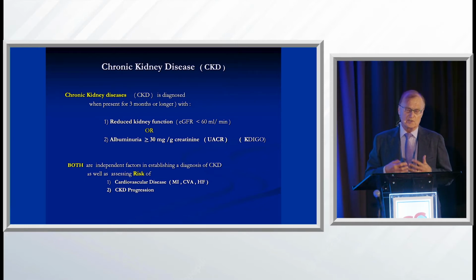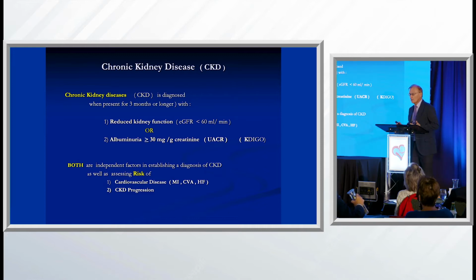Hospital eGFRs are incorrect very often because you're sick, you're not eating, you're not drinking, and you may have fever and other issues lowering your pressure. So ideally, measure it in an outpatient situation. What we now have is a recently much stricter second definition: you can have an eGFR of 90, but you have an albumin of 30, again present for more than 90 days, and you also have CKD.